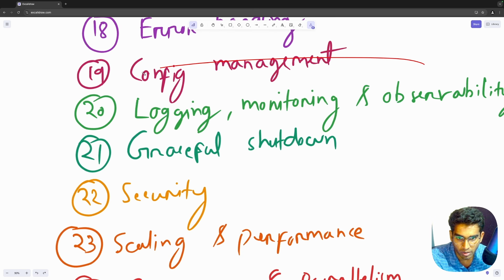After that, we have logging, monitoring, and observability, a very important topic. We'll see what are the differences between logging, tracing, monitoring, and observability. The different types of logging like system logging, application, access, security logs, the different levels of logs like debug, info, warn, error, fatal. And we'll see the difference between structured logging and unstructured logging, and the best practices for logging, like centralized logging, log rotation and retention, contextual and meaningful logs, and avoiding sensitive data like passwords and API keys.